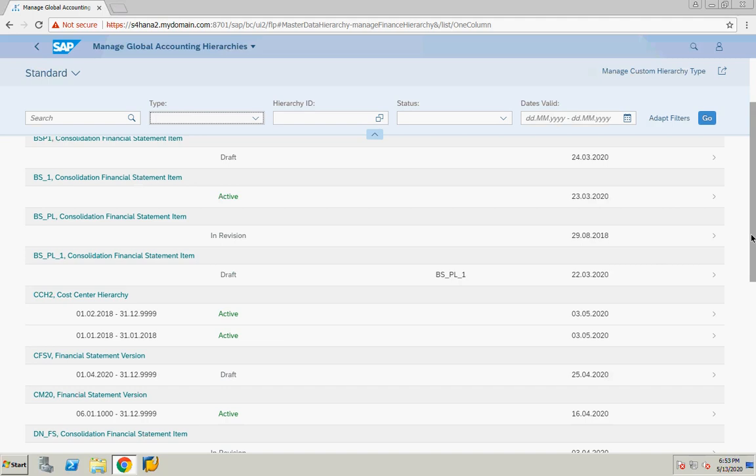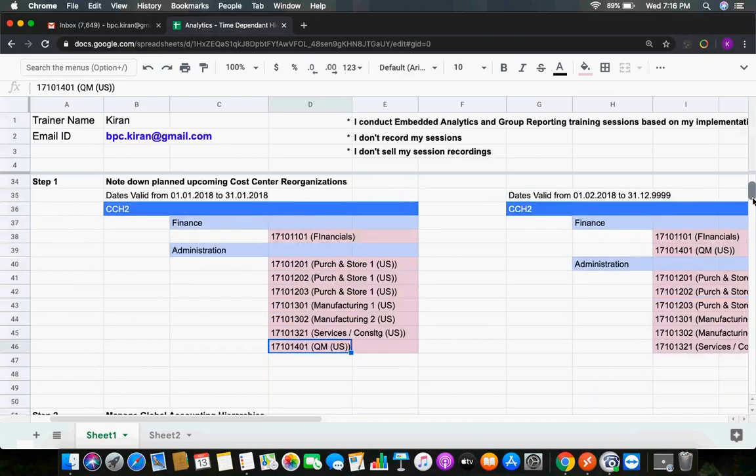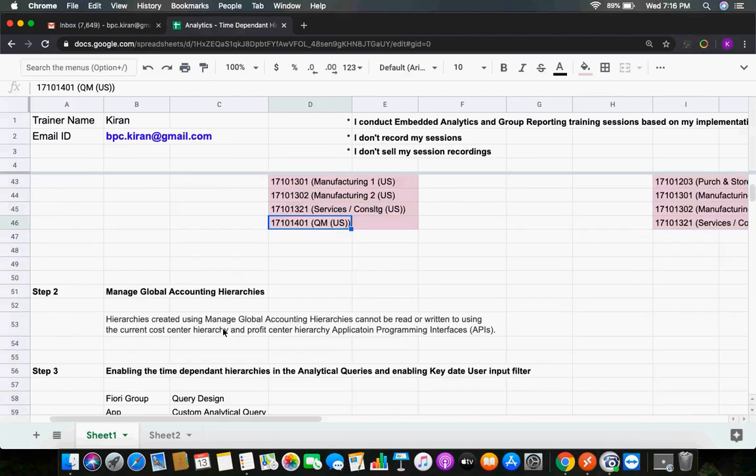So the option they have given, I'm going to explain here. The second point, since you asked: hierarchies created using Manage Global Accounting Hierarchies cannot be read or written to using the current cost center hierarchy or profit center hierarchy application programming interfaces.